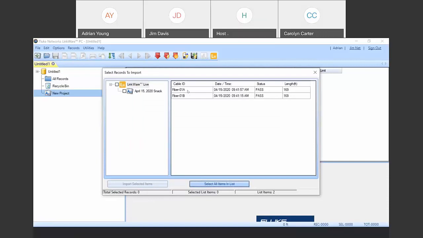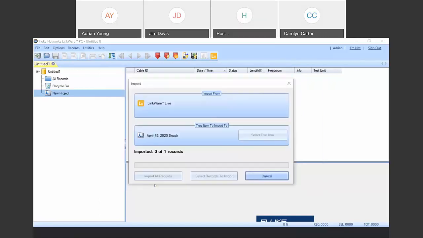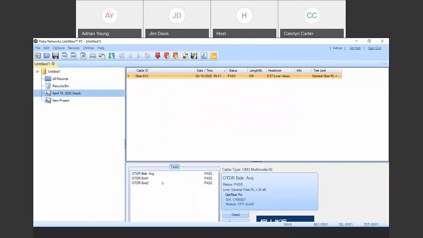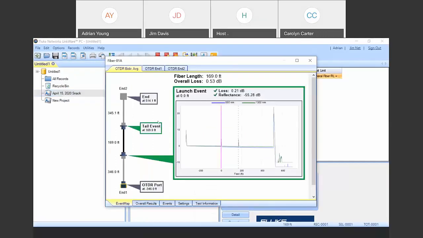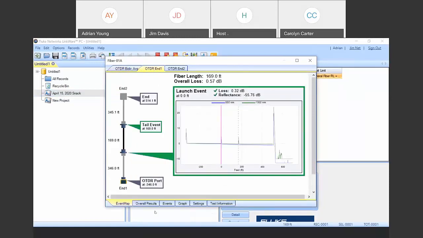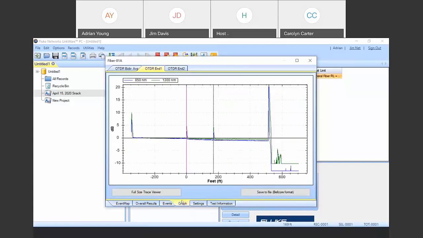I can decide if I want to import them all, or decide which ones I want to import. In fact, I just want to import that 501A because that was the one where we had a slight hiccup on. So import selected items, and bam, here's my test report. So here is everything that you saw on there. You can do your detailed OTDR analysis, you can do all your graphs, you can do all your analysis and